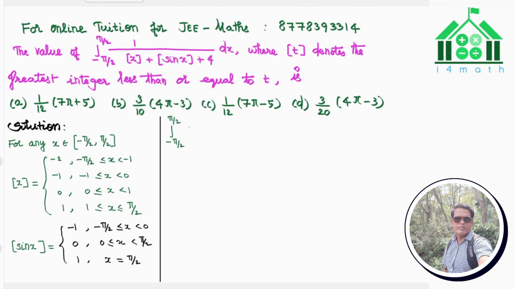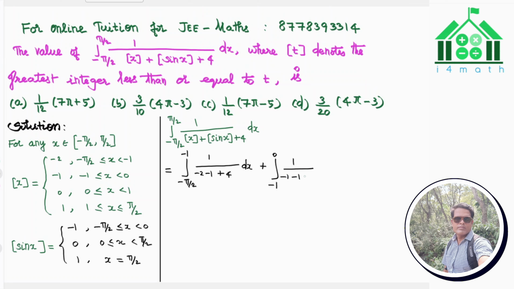Now the integral from minus pi by 2 to plus pi by 2 of the given function, 1 divided by greatest integer function of x plus greatest integer function of sin x plus 4 into dx, which is equal to: integral minus pi by 2 to minus 1 in the first interval, 1 divided by greatest integer function of x is minus 2, greatest integer function of sin x is minus 1, and then plus 4 into dx. In the next interval minus 1 to 0, greatest integer function of x is minus 1, greatest integer function of sin x is minus 1, and then plus 4 into dx,